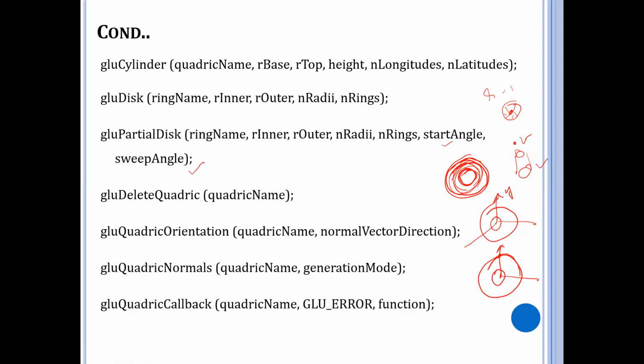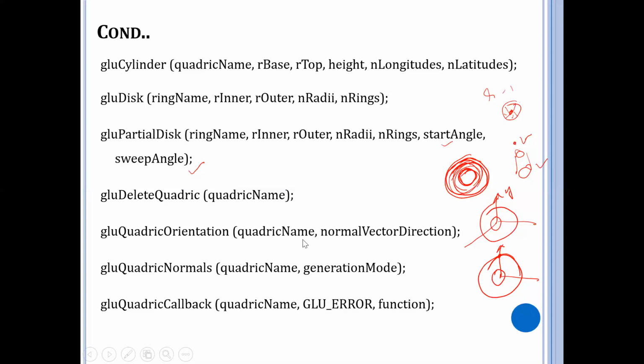In order to do so, we can make use of the GLU quadratic orientation. I repeat, we can define the front and the back directions of any quadratic surface with the following orientation function.